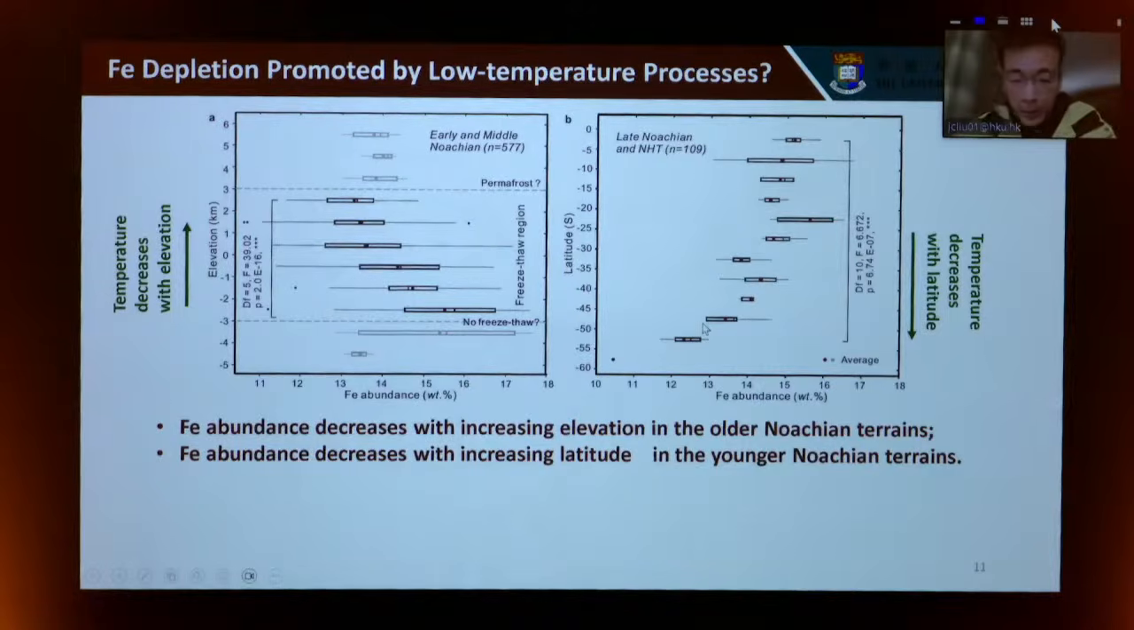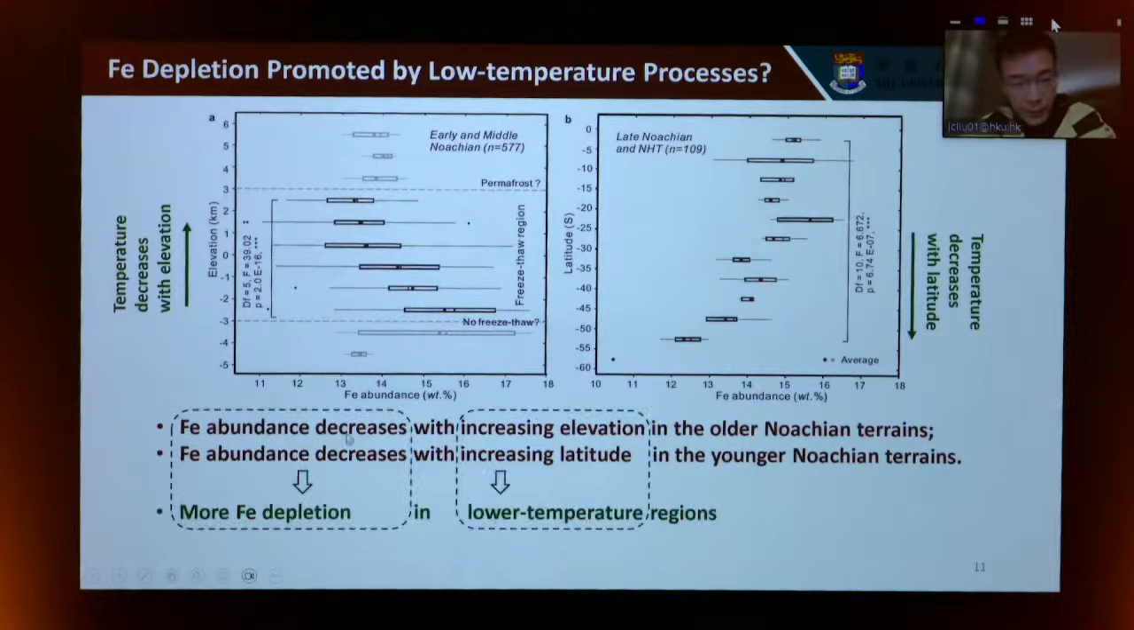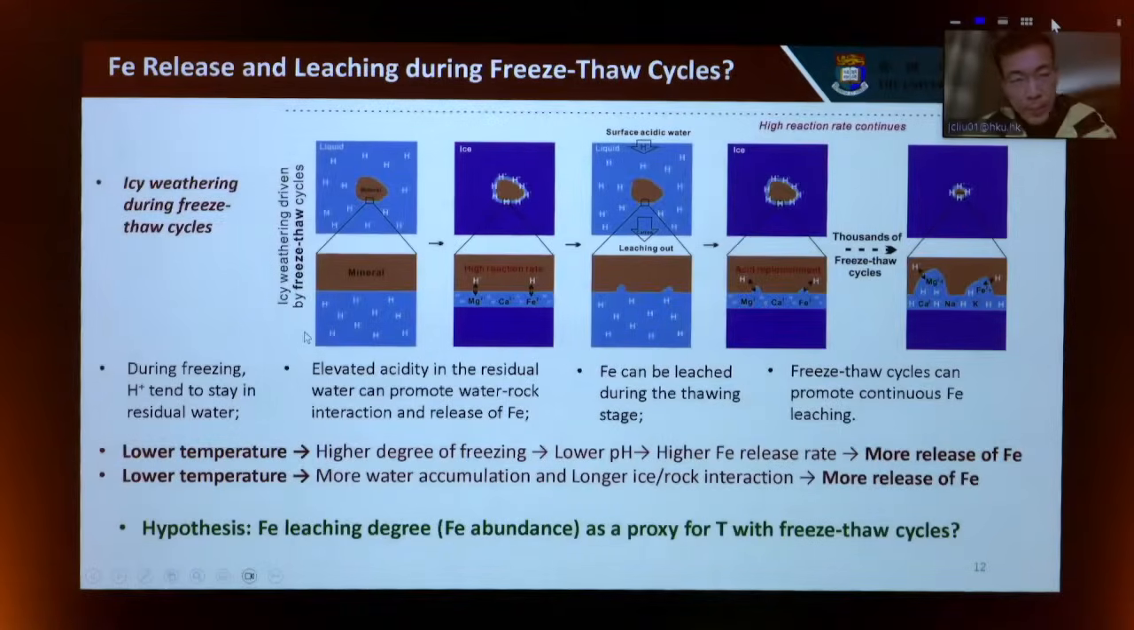So, it is possible there is more iron depletion. Therefore, there is less residual iron in rocks in lower temperature regions. Do low temperature conditions promote more iron depletion at the surface of Mars? Basically, under low temperatures, water can freeze to form water ice, and the residual water can